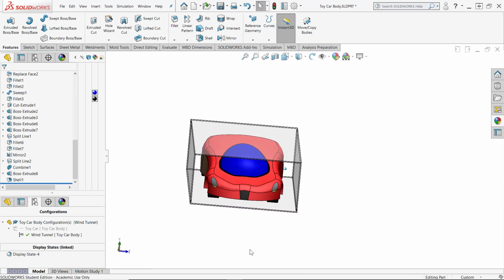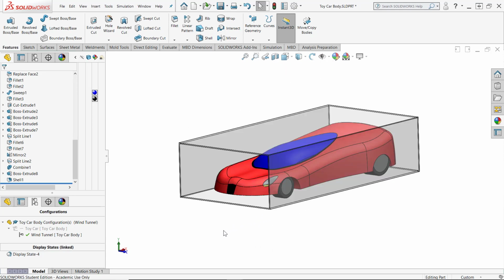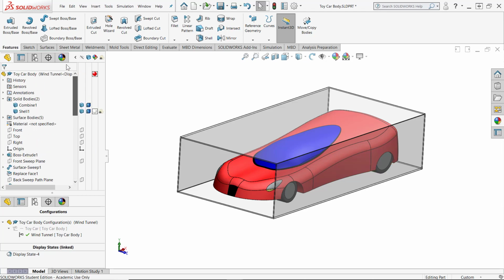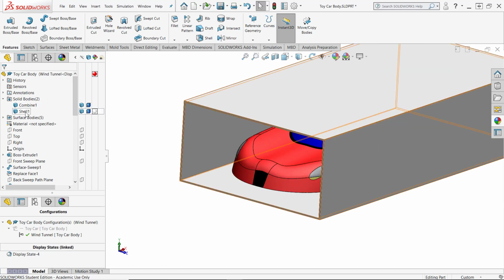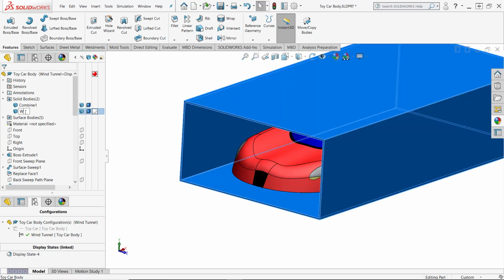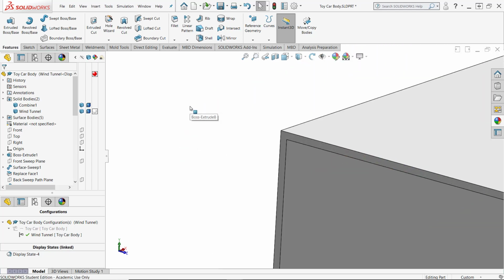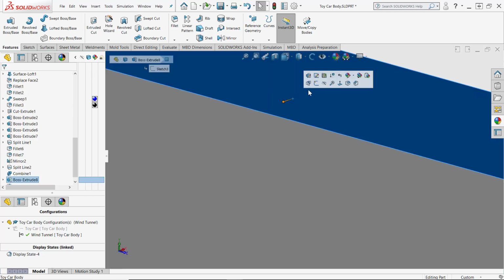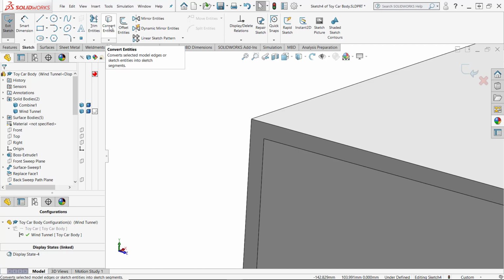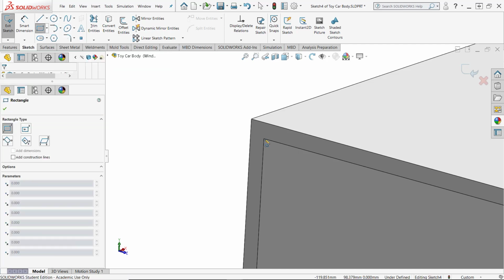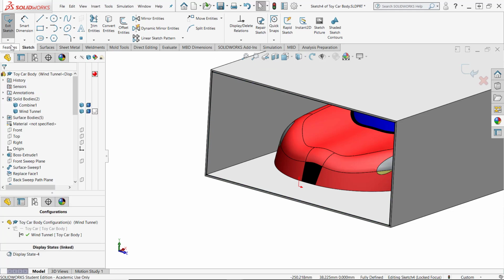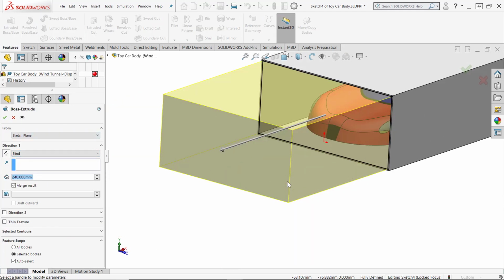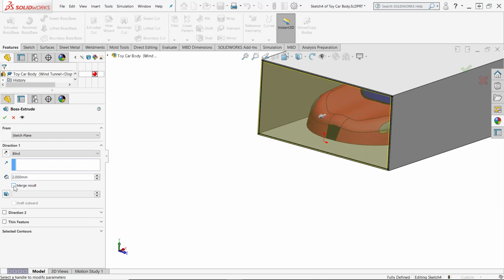Now I need to put a cap on each end of the tunnel, and this might be easiest to do if we turn off the transparency for a minute. And let's go ahead and name this shell. Let's call that wind tunnel. Then I'm going to start a new sketch on this face, and I will convert entities, or actually we can just draw a rectangle from this corner down to this corner, and then I will extrude that, and I'm going to tell it to go 2 millimeters, reverse the direction, and I don't want to merge that,